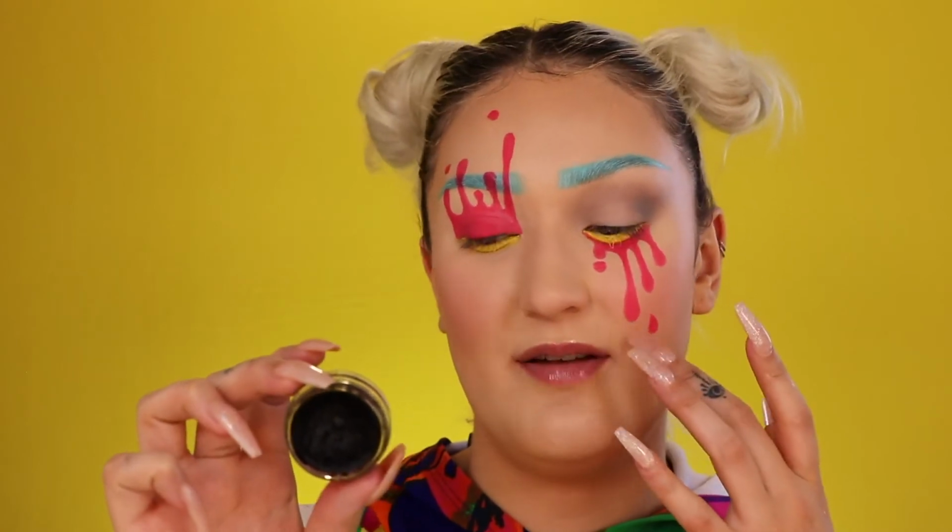This is where we're at. I'm going to be using the Inglot Gel Black Liner. This is number 77. As I was saying earlier, this stuff is so black. It stays on forever. It's my holy grail. It's so good. Mixing a little bit of the Duraline in with it to make it a little bit waterier,